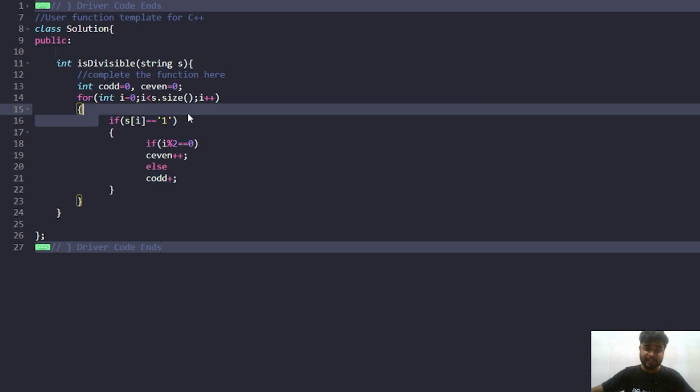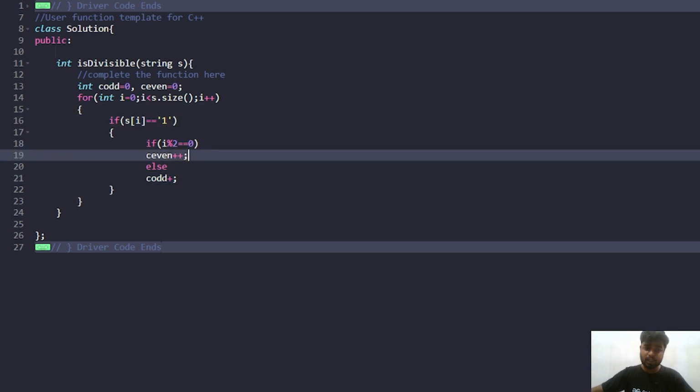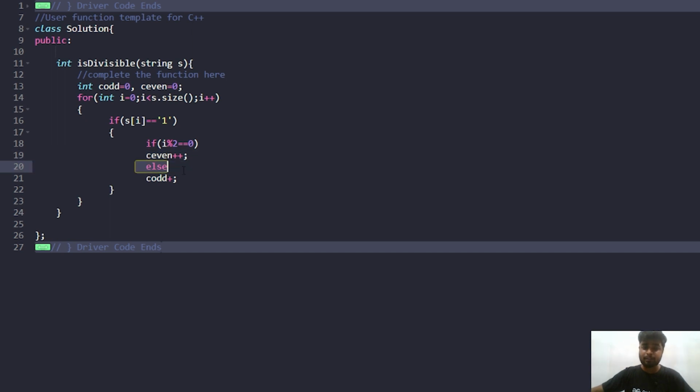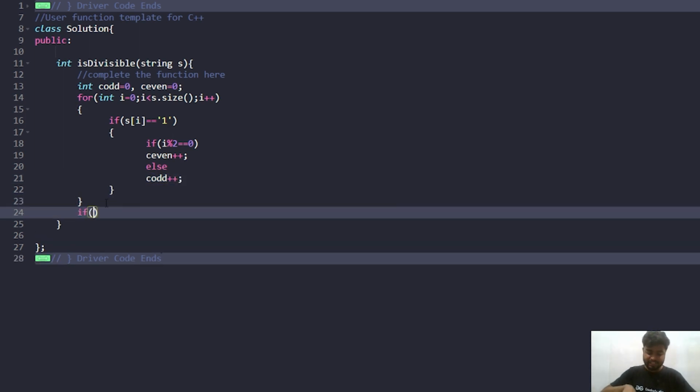Otherwise, if this bit is set and the position is even, then I increase the number of even set bits. Otherwise, if the position is odd, that means the number of bits that are set at the odd position will be updated. So I'll say count of odd plus plus. Then what I can say is, in the end, if I check the count of the set bits at the even position minus the count of set bits at the odd position,